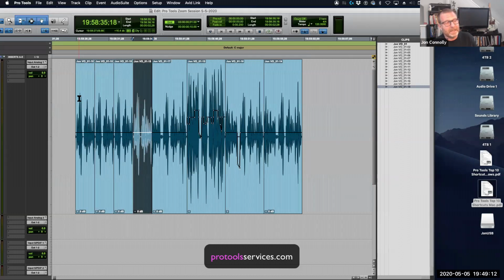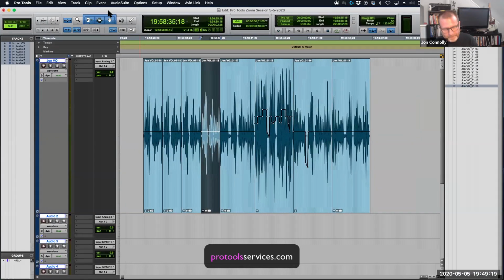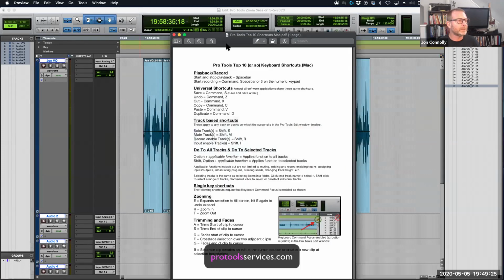Command S, save and save often, save frequently. Most people get into the habit of just hitting Command S often. It's a very good habit to get into. Shortcuts. All right, so